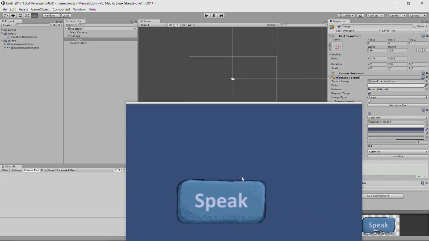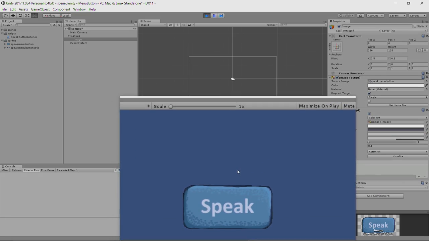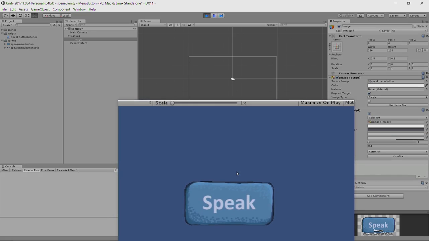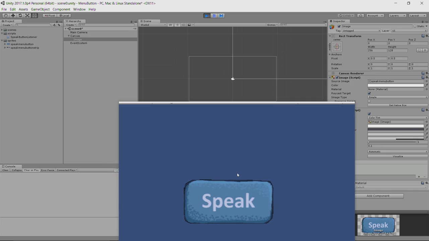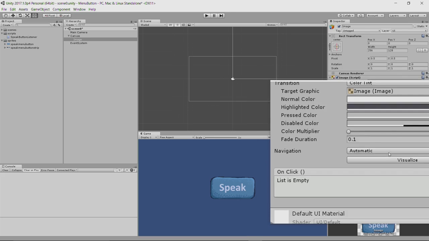So now when I run the game, when I hover over the button, it darkens down and it lightens up when I come off the button. So it's a way to indicate to the player that they've hovered over the button. The other thing that's important over here in this button component is the on-click list of listeners. So down here on the bottom is the list of listeners for the on-click event for the button. We actually need to add that script